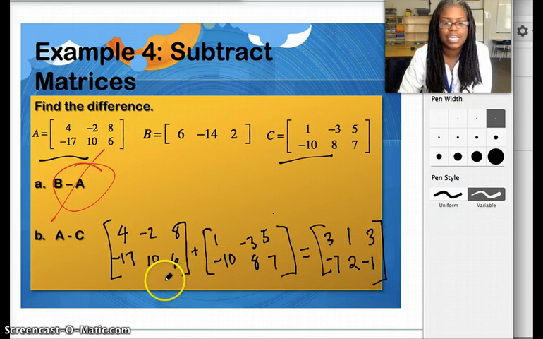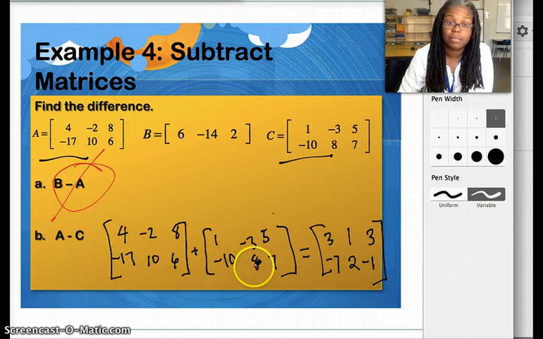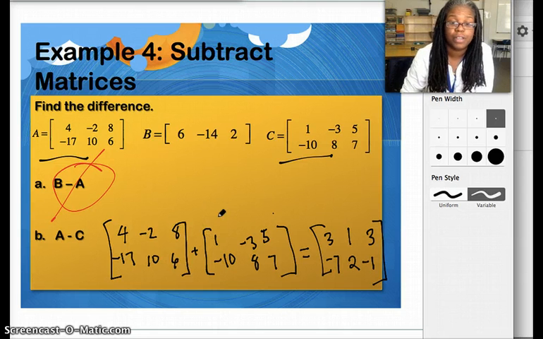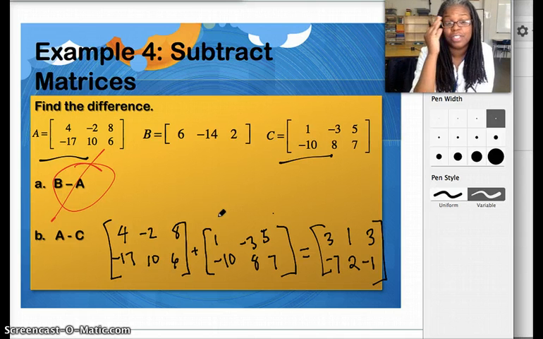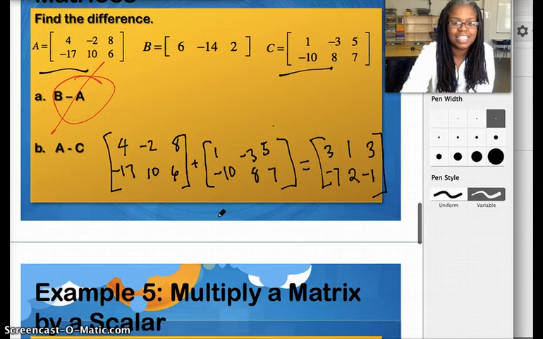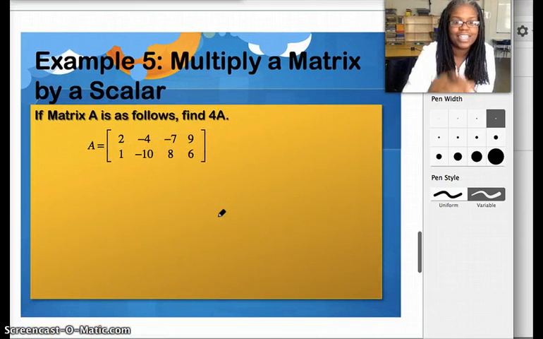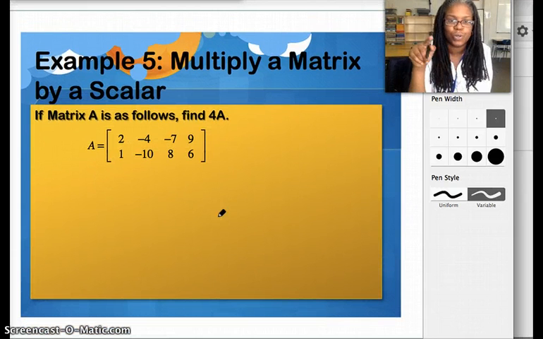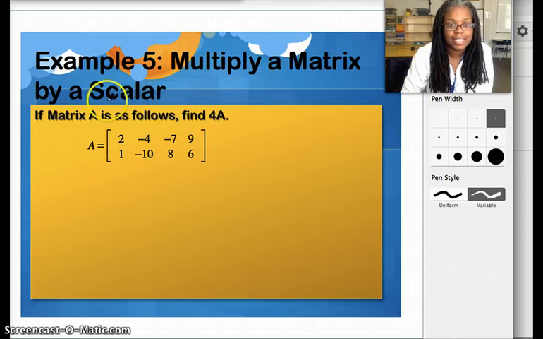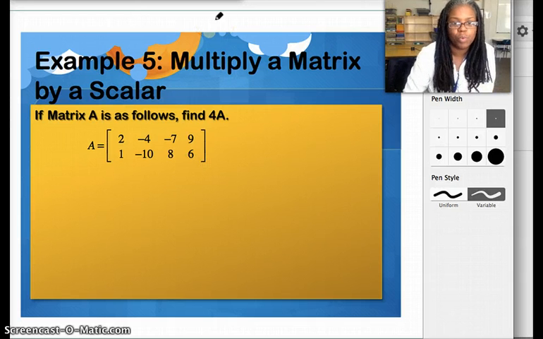And so what we see here is that when we add or subtract matrices from each other, we end up with the same exact dimensions in the resultant matrix. Let's look at this final example. This final example actually brings us full circle to what we talked about earlier when we defined scalars and scalar multiplication with matrices. Basically, it says if matrix A is as follows, we've got this thing here,